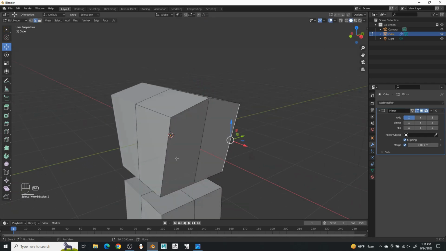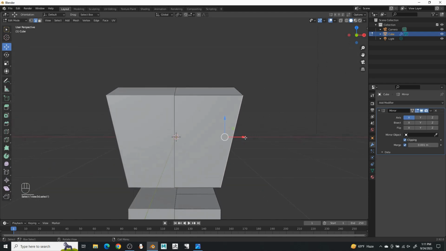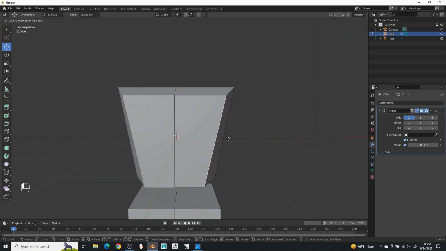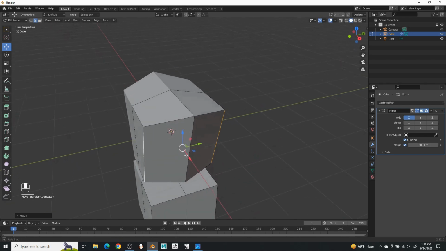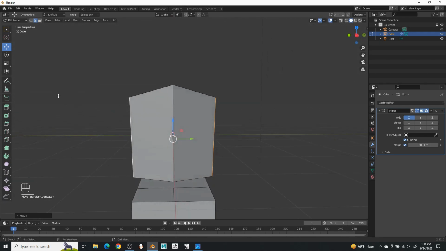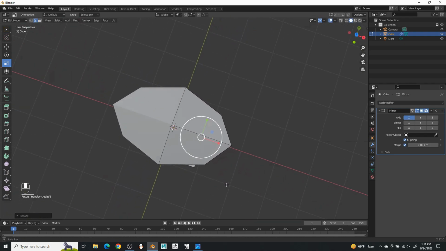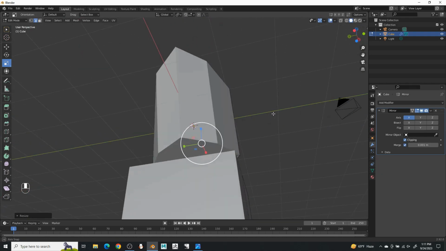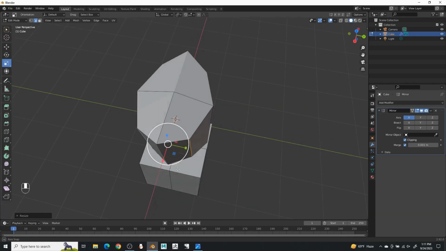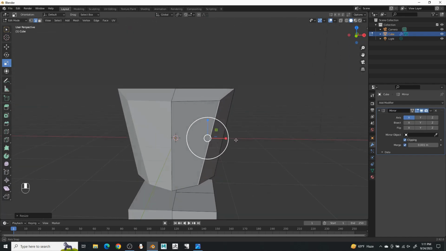And then grab this edge and push these inward to help round out the shape a little bit, and then hit the scale tool and pull it in using the little green nubby, and we're already getting a bit more of a